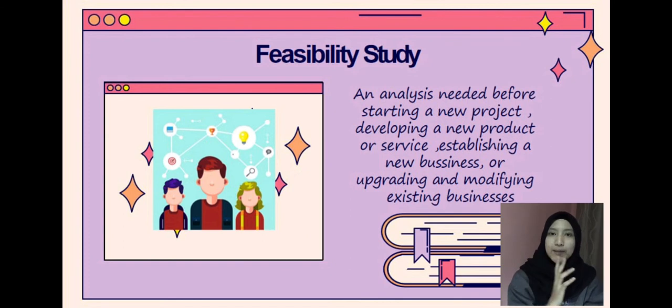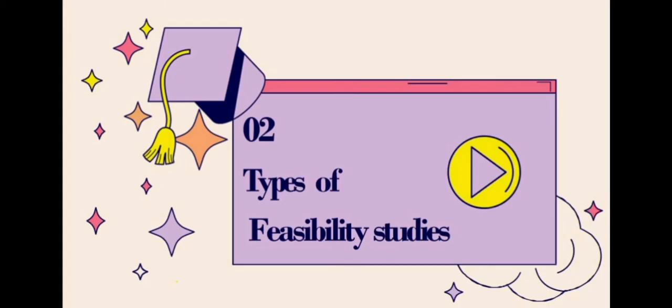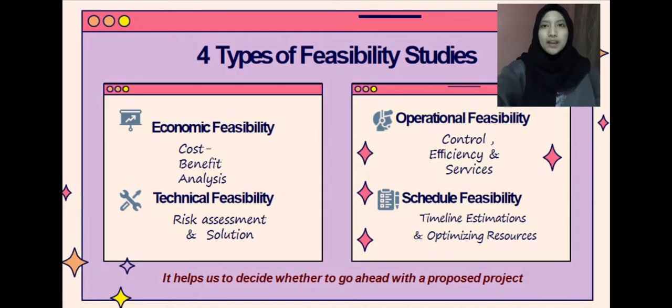What is a feasibility study? A feasibility study is an analysis needed before starting a new project, developing a new product or service, establishing a new business, and modifying an existing business. Feasibility studies are broken down into 4 sections: economic feasibility, technical feasibility, operation feasibility, and schedule feasibility. At the end of the day, the feasibility study helps us to decide whether to go ahead with the proposed project